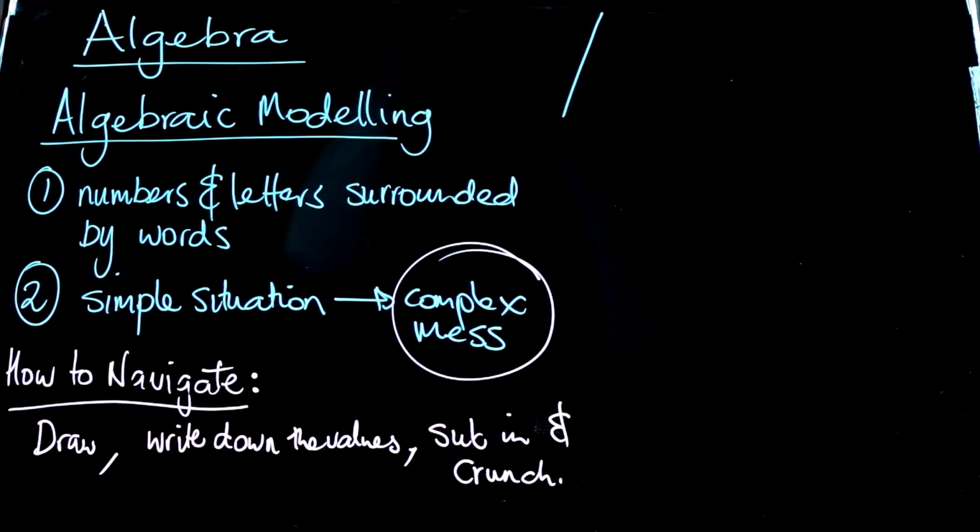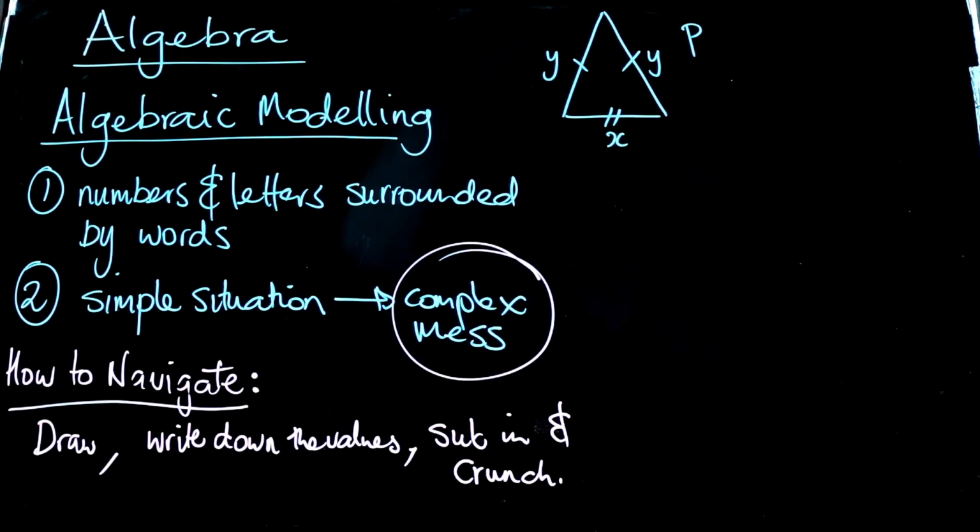Here's often, you'll find some shapes. We've got a triangle. This side is y, that's y, and this side is a different length and it's called x. Okay, and often they're asking for area or perimeter, and we can write capital P for perimeter if we like. And we're asked to find that out, and the perimeter is just the outside length of the shape. So what do we see here? We've got one length that's x